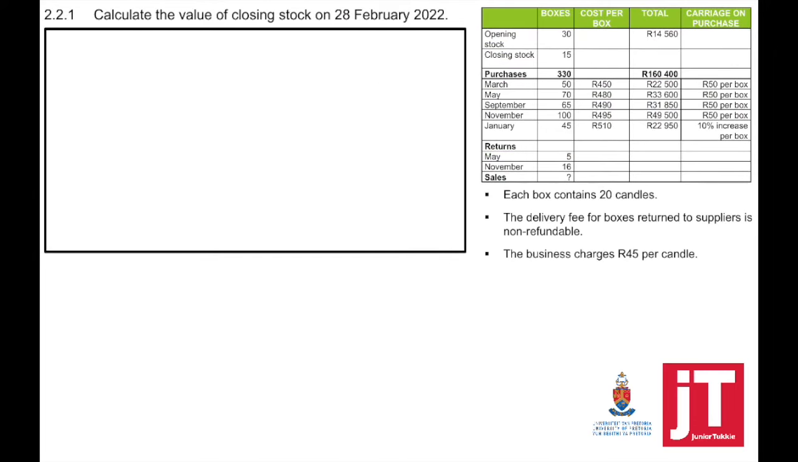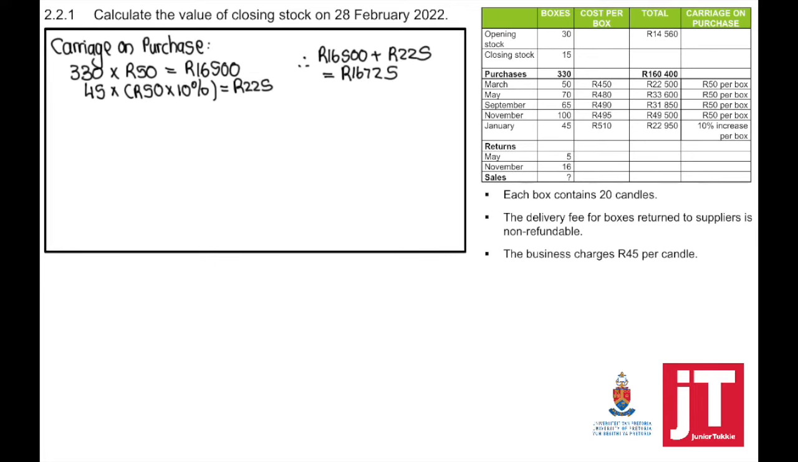Calculate the value of the closing stock now. This is now completing the first question. Just by looking at the information, it's important to work out the carriage first. I can take 330, that is the number of boxes that we have purchased, and I'm going to times it